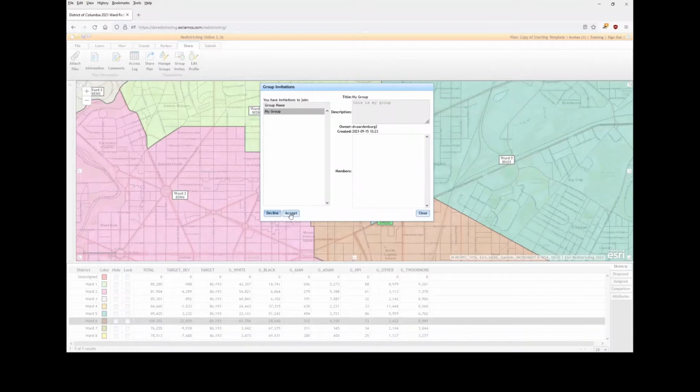You can choose to decline or accept the invitation. If you accept, you'll then be a member of that group, and you'll see that group listed in the list of groups under manage groups. So I'm going to accept this invitation, and then we'll see it in that list. If you choose to decline an invitation, it will be removed from this screen and you will not later be able to accept it. So I'm going to hit accept